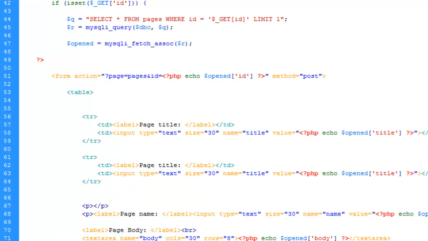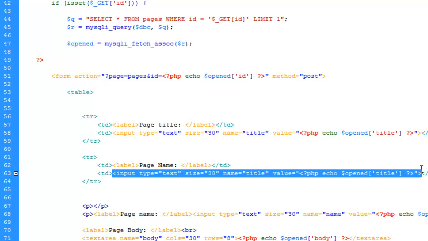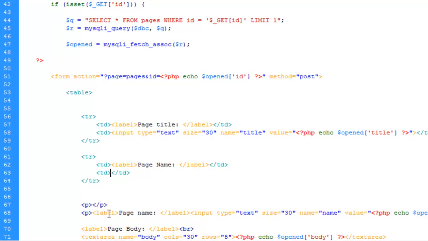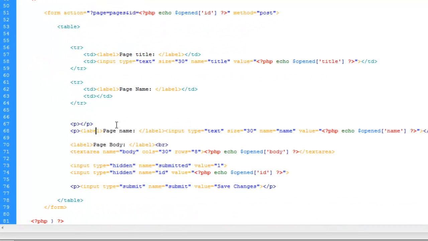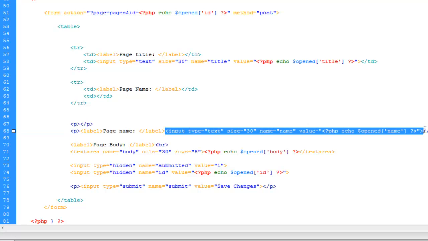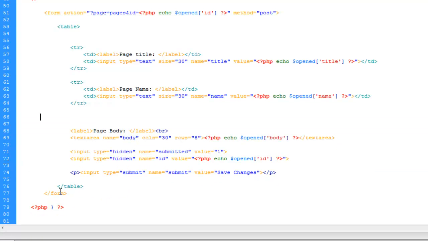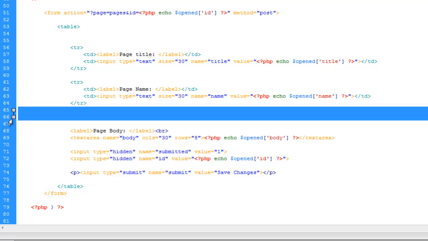and paste it again. I'll just go ahead and change this to name, and then we'll delete this input here and come down here, get our input tag and drag it into that column. Go ahead and delete all this remaining. So now we have our first 2 rows,